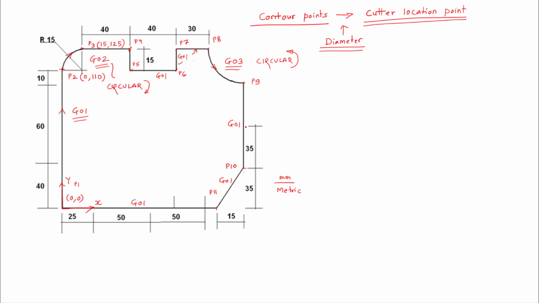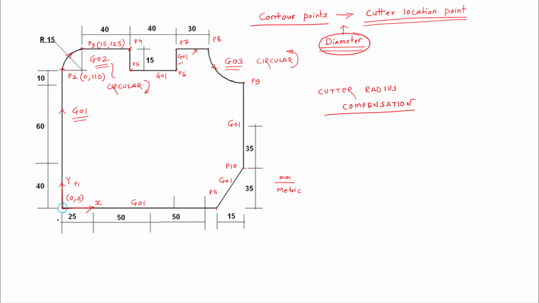But here the important concept which is coming is the cutter radius compensation. As I mentioned, we are communicating the contour points to the controller, and these contour points are to be considered with the diameter of the cutting tool. If we don't communicate the diameter of the cutting tool or the compensation with respect to the contour, then the controller will move the cutting tool along the contour path and that will destroy the workpiece. For example, in this case, if there is no cutter radius compensation, this is the initial tool movement.